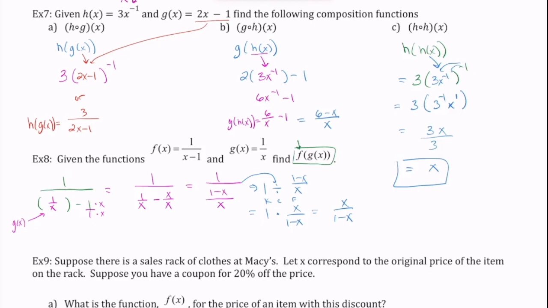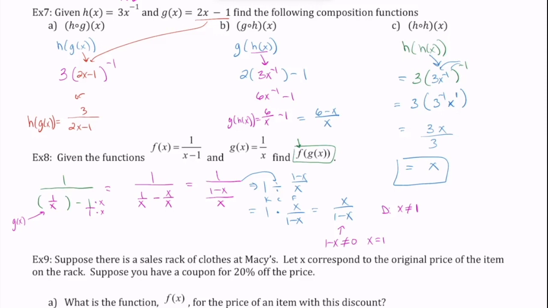Okay, cool. And there's a domain restriction here, right? So you notice that this 1 minus x cannot equal 0, right? Because your denominator can't equal 0 ever. So 1 minus x equals 0 when x is equal to 1. So your domain is, x cannot equal 1. So for restrictions here, we have a domain restriction for f of g of x, but we have some domain restrictions for f of x as well. So if I go back to f of x here,